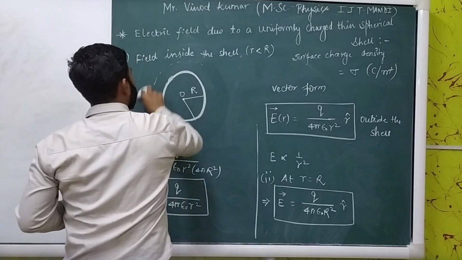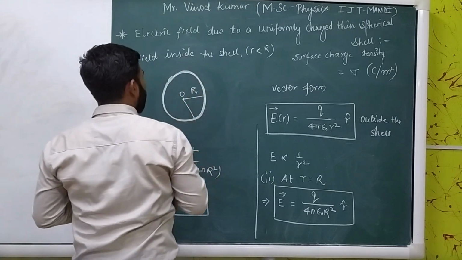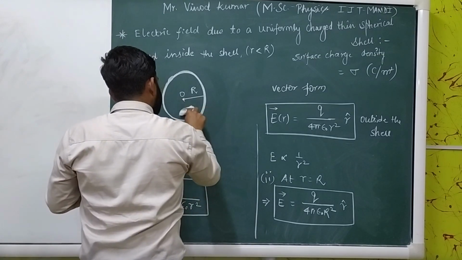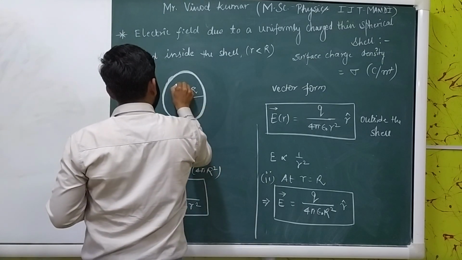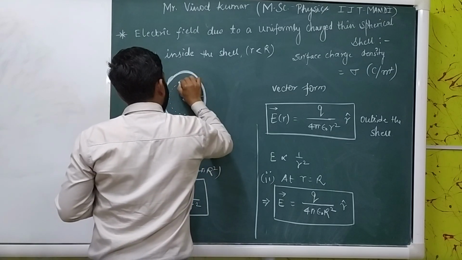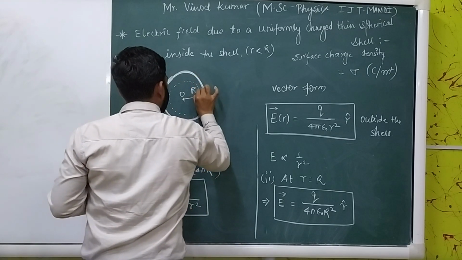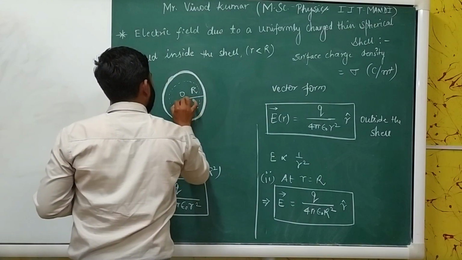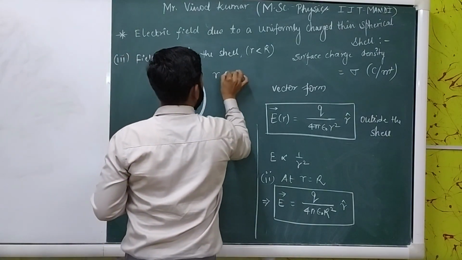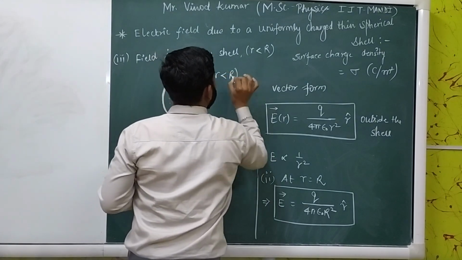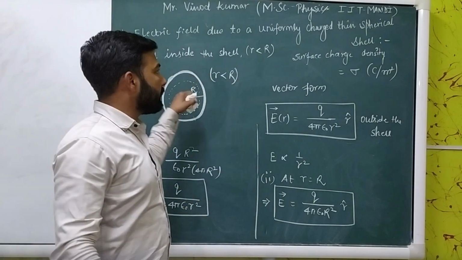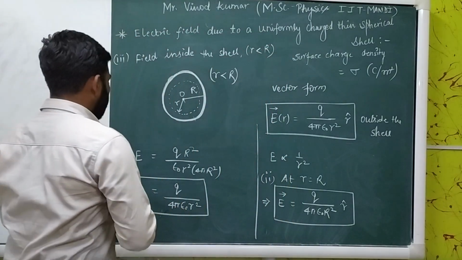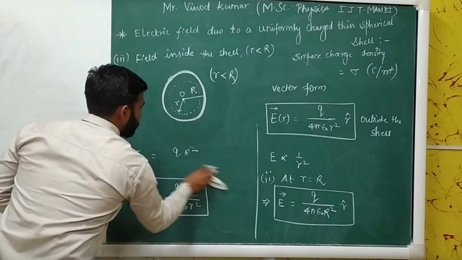We are going to make a Gaussian spherical surface inside the spherical cell, such that its radius is less than the radius of the spherical cell on which the charge is uniformly placed. Now, according to Gauss law,